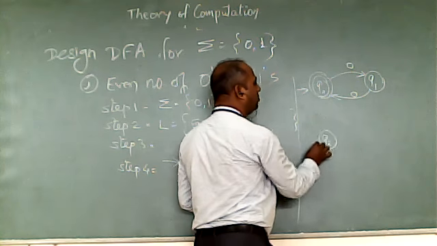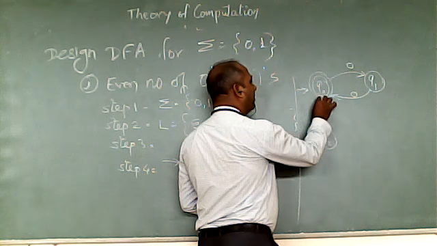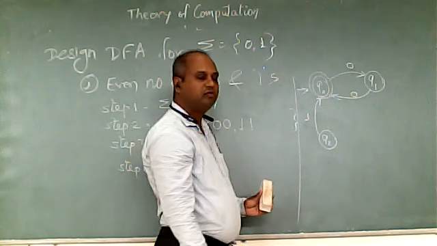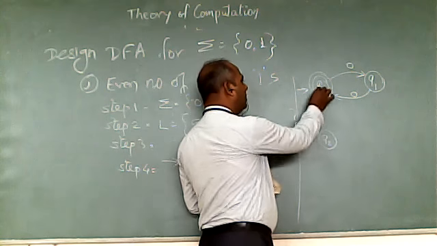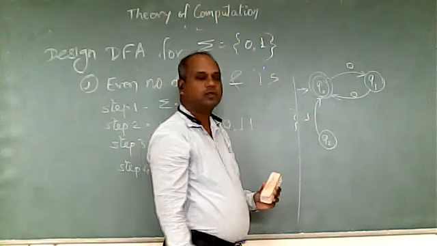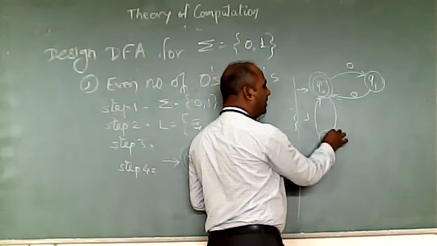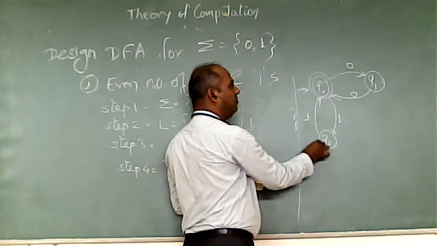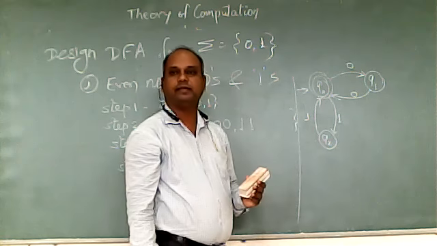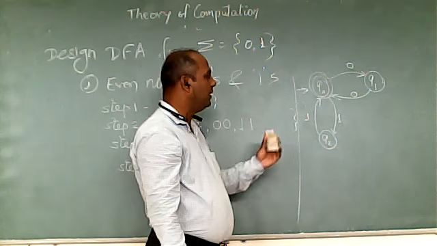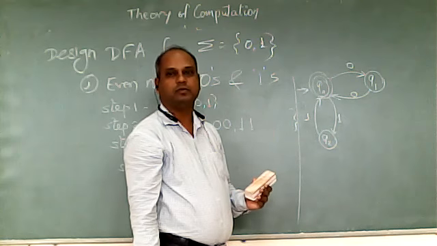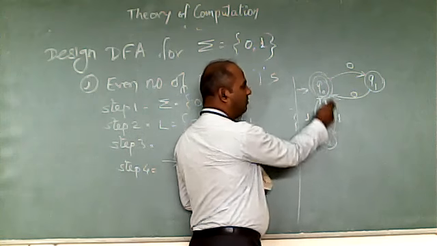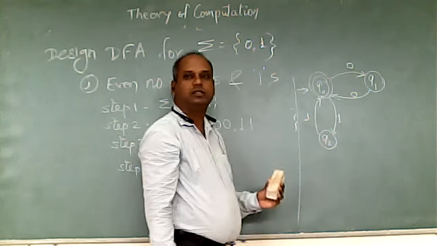But as we know, there is no such state available in the DFA. So what we will do is add one more state called Q2. From Q2, I will make a transition with 1, so Q2 is a state from which with one input I go to the final state. So from Q0, I will make a 1 transition to Q2. So with 1 and 1 I reach the final state. I added one more state here, Q2. Now Q0's 0 transition is done and 1 transition is done.